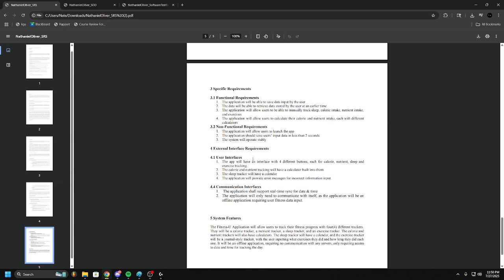And as such, the app will be able to save data input by the user. It'll be able to retrieve the data. It will allow users to manually track their sleep, their caloric intake, their nutrient intake, and exercises they've done. And as I said, it will have four different buttons, one for each tracker. It will have a calculator for two of the trackers, a calendar, and then it will also provide error messages